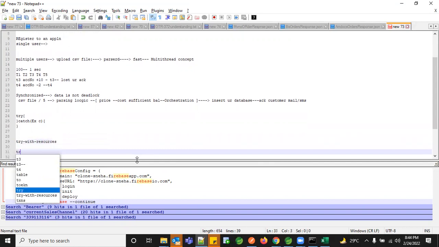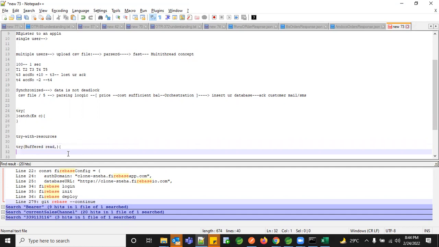In this try, we open parentheses like this, and within this we create our instance. If you are creating a buffered reader, you have the reference as buffered reader. This is the way you use it, and in the entire flow you have the catch block, and after the catch block you close those instances.